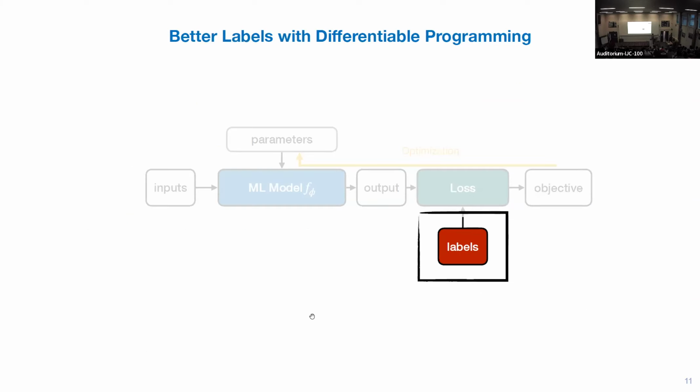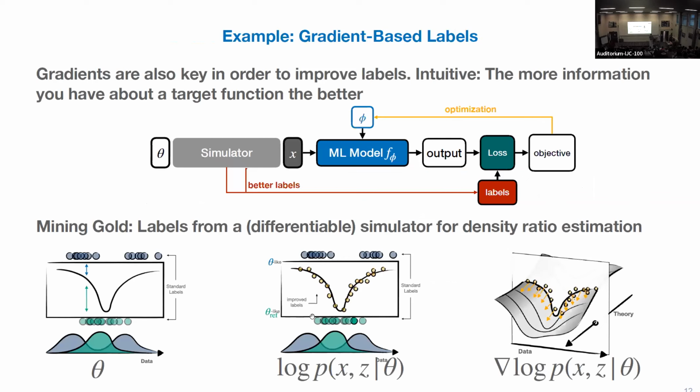So this was the model, then the labels. I think the best example of differentiable programming to improve the labels is simulation-based inference. Normally, what we would do is train the machine learning model to, let's say, predict what the class of the event is. So is it a signal or background? That would be the input of the simulator. Either you run the simulator as a signal simulator, or you run it as a background simulator, and that's the label that you would use.